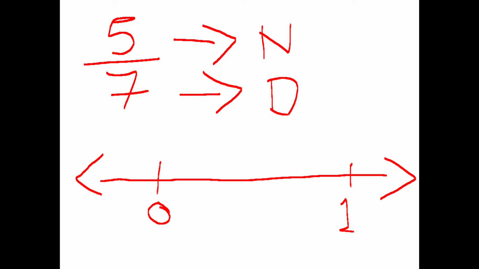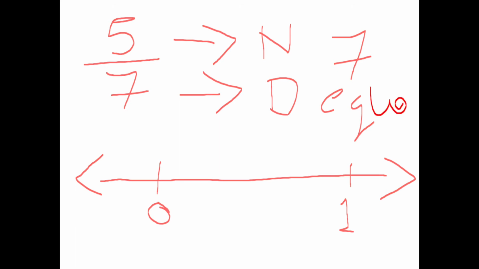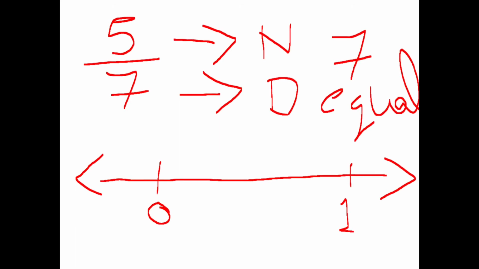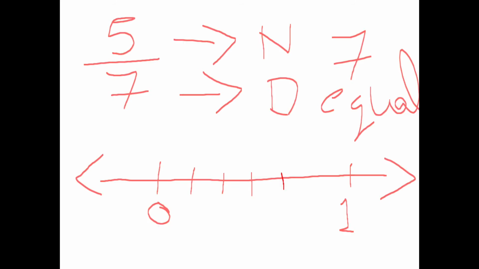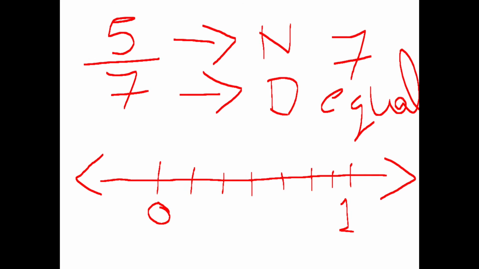After drawing the number line and marking your numbers, the next step is to check the denominator of your rational number. Denominator is 7. So what you should do is, between 0 and 1 you should make 7 equal parts. Equal parts have to be made between 0 and 1. Take your scale and pencil and make 7 equal parts. 1, 2, 3, 4, 5, 6 and 7. So 7 equal parts I did.